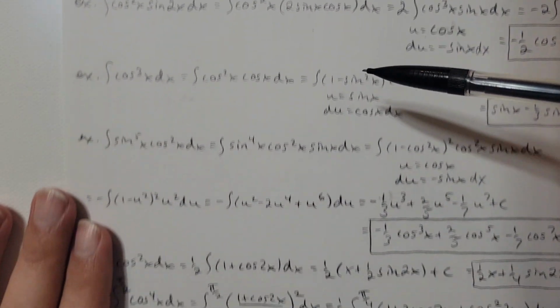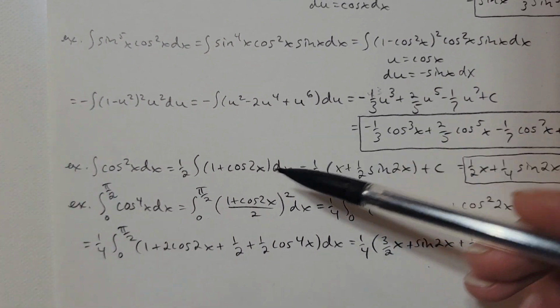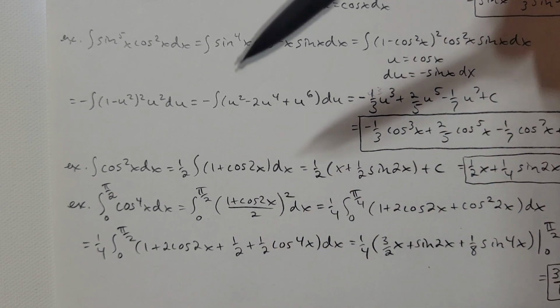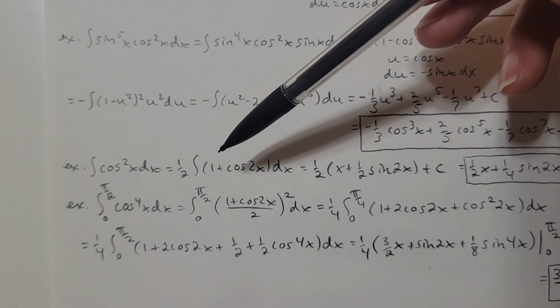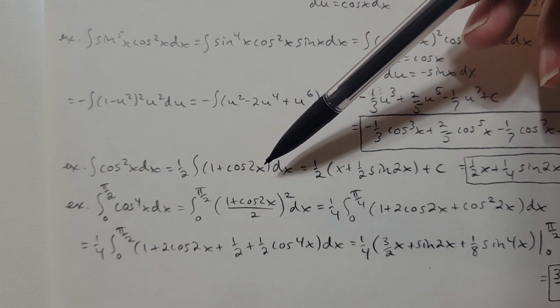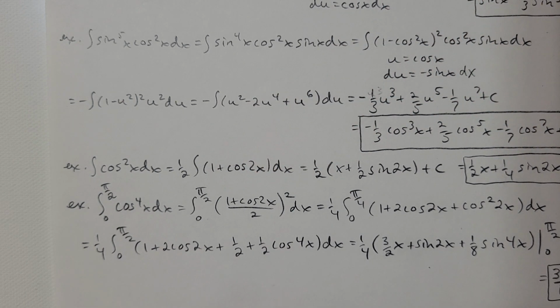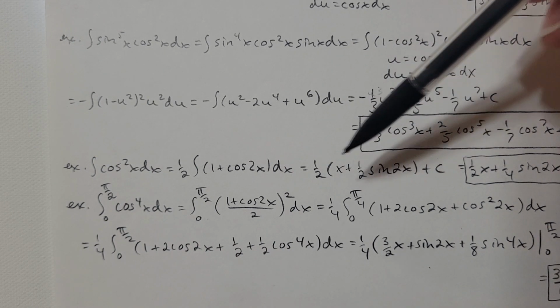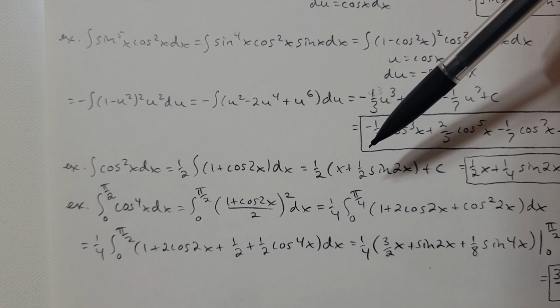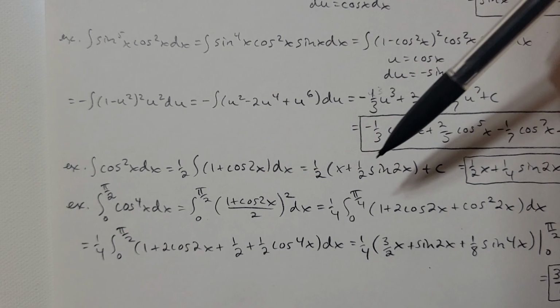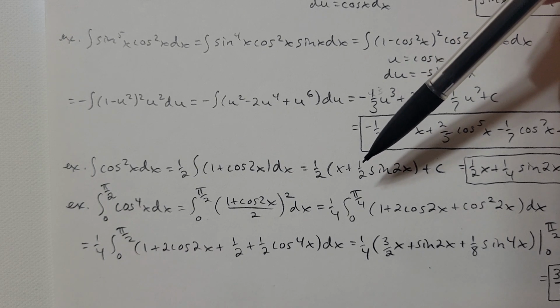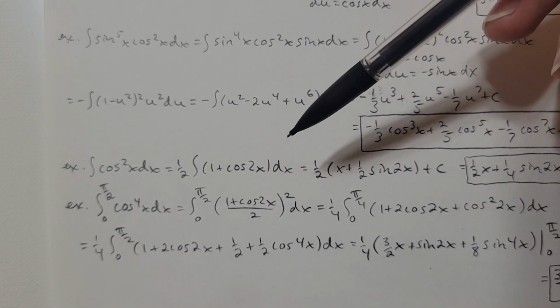And 1/2 is a constant that can come out of the integral. So I'm integrating 1 plus cosine of 2x. Now I can go to the answer. So I get 1/2 times the antiderivative of 1 plus cosine 2x, that'd be x, plus the antiderivative